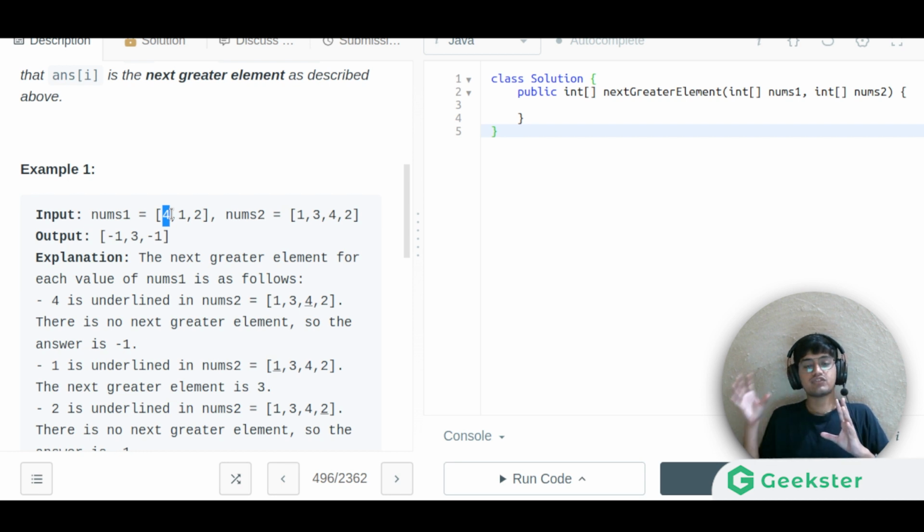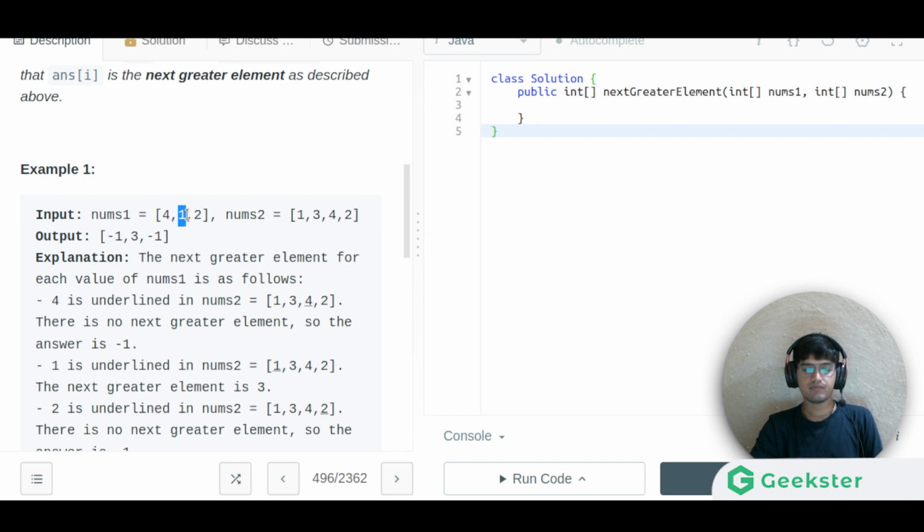Go and search for 4 in nums2. Now we need to find the next greater element towards the right of 4 in nums2. If there is anything greater than 4 towards the right, we give that value. Is there anything greater than 4 in nums2? No, so we put -1 in this case.